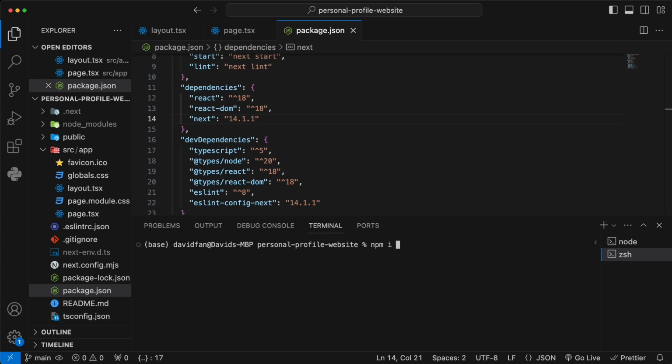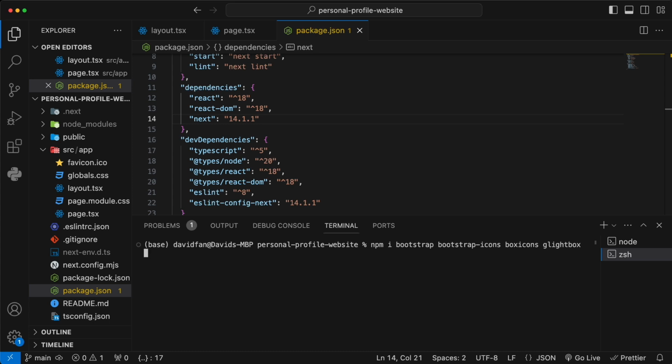The first one we're going to install is called Bootstrap. So we say Bootstrap, and then we're going to use the Bootstrap icons for this project as well. So we're going to install Bootstrap-icons, and then we're going to use another icon library called Boxicons. So we say boxicons, and we're going to use something called GLightbox. So we say glightbox,